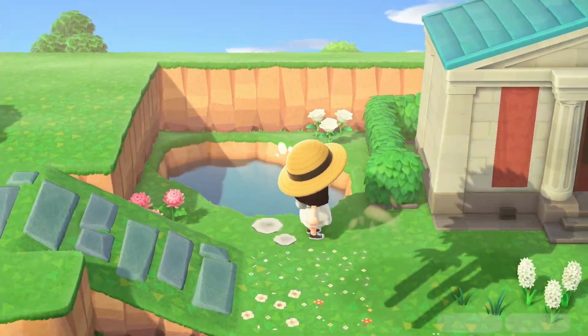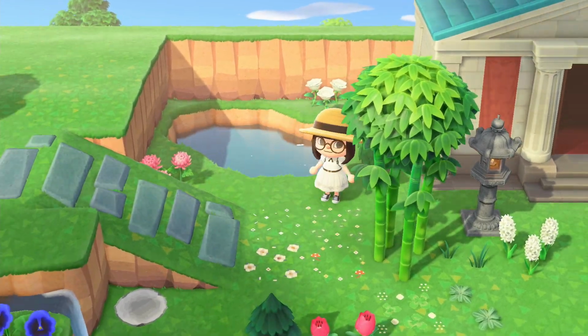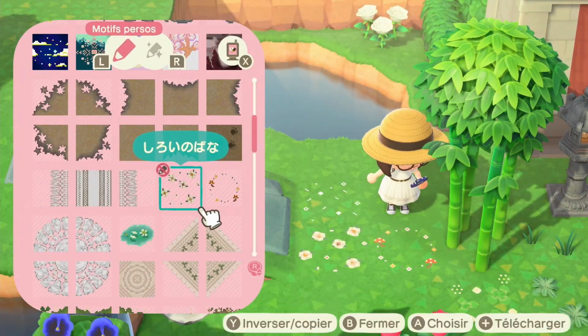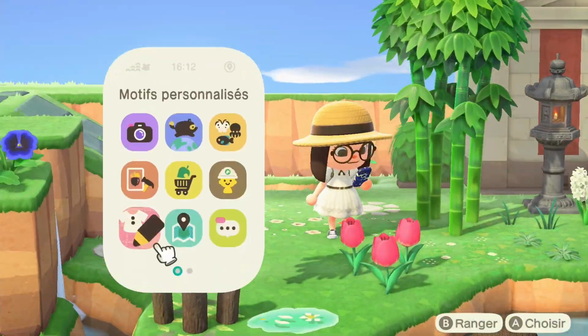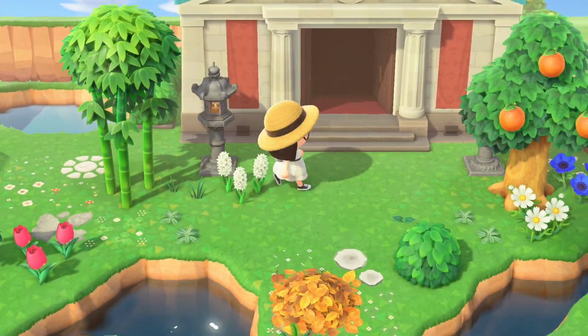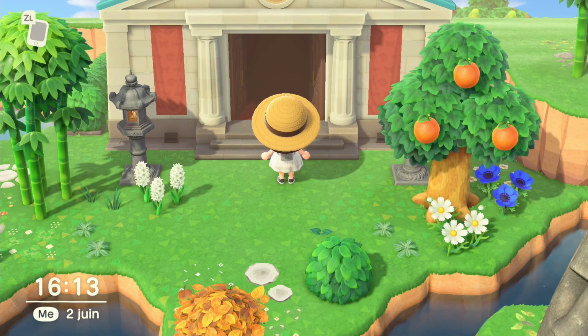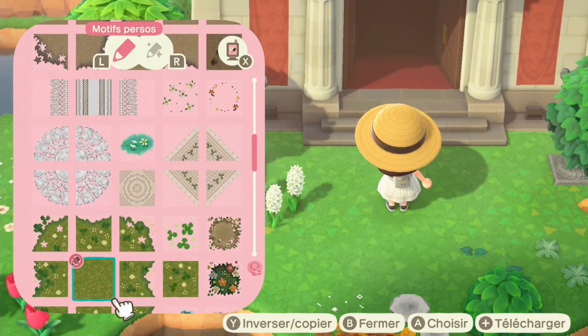Also, I was trying to be not too repetitive with the patterns and everything. Like here I was unsatisfied because I was feeling too many white flowers next to each other, even though it was not white flowers but always different designs. But yeah, I was trying. And here I'm gonna reuse what I did in my last build with the grass on top of the grass.